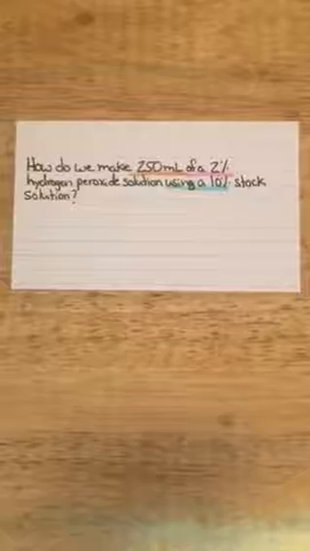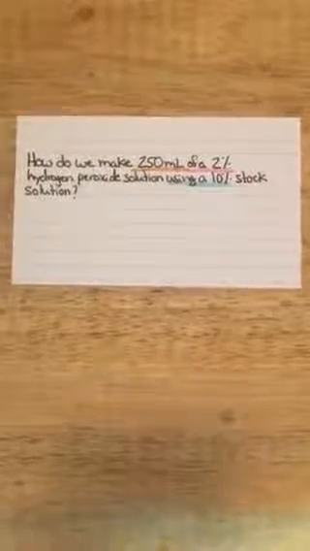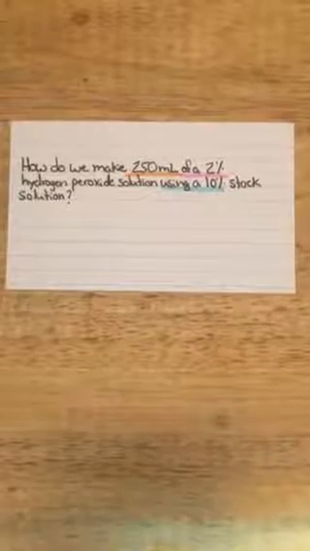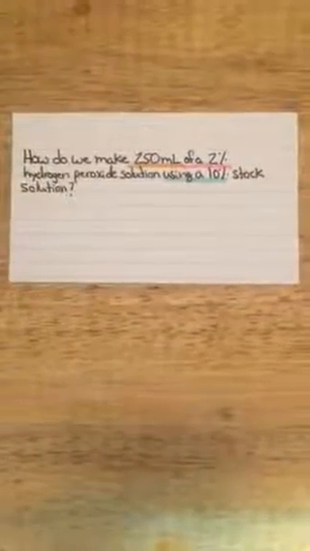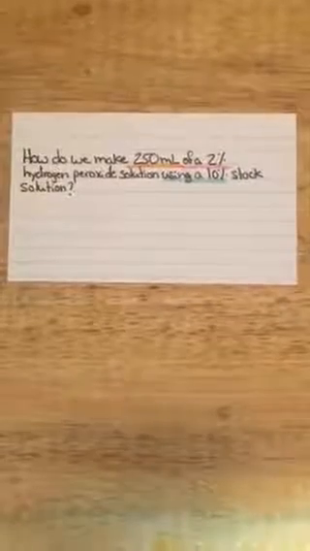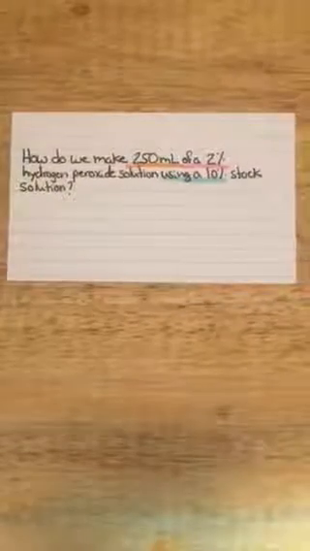Today we're going to be figuring out how to make weaker solutions from stock solutions. So let's say we need to make 250 milliliters of a 2% hydrogen peroxide solution. But in the clinic, we only have 10% hydrogen peroxide solution in stock. We have this nifty formula, which is